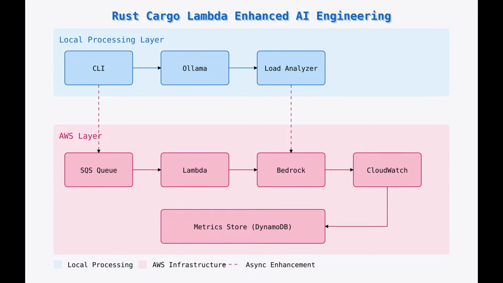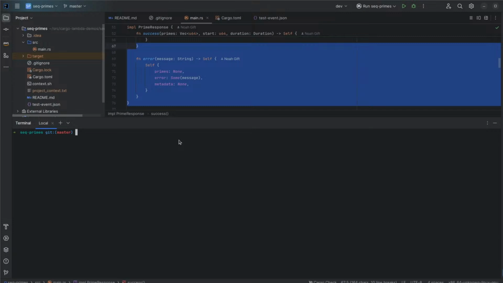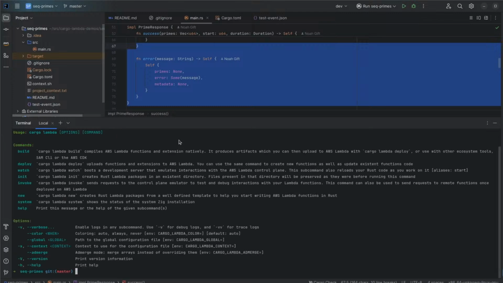So what we're going to do next is play around with the Rust cargo ecosystem by building a sequential prime generator. Here's a project that shows the power of the AWS ecosystem with Rust and also with an open source tool called Cargo Lambda. If we go ahead and we do cargo lambda help, you can see that it taps into